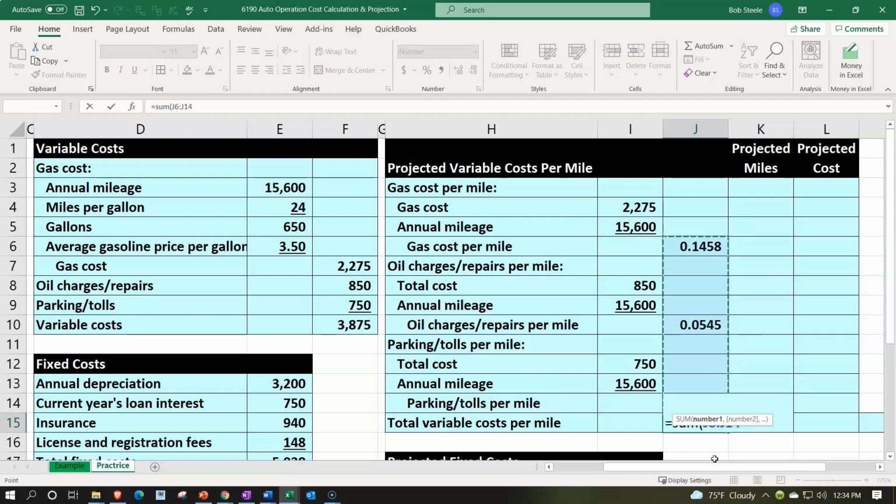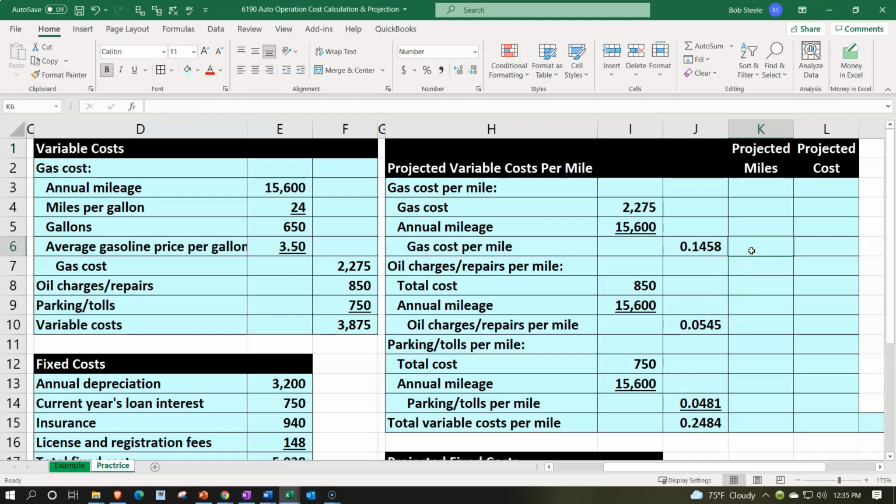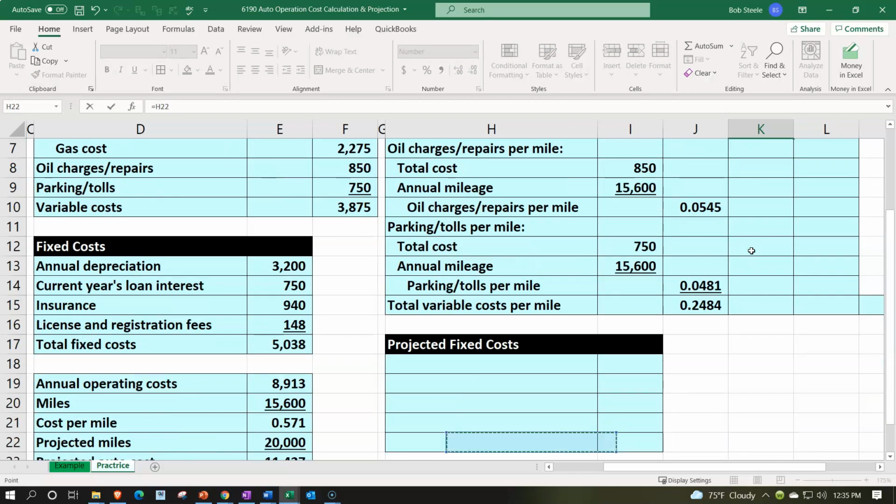And so we can see that these costs, we're going to say, are changing, number group, adding decimals, pennies, are changing by this variable rate, which we could say all the variable costs together are going to change by about 0.2484. And these should change by about 0.1458. This is our approximation. So if we're then saying that we're going to be driving 20,000 miles projected next time